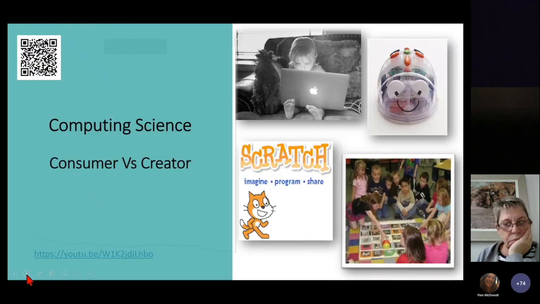So also another area that I've been speaking an awful lot about is computing science. I absolutely adore computing science, particularly at early level. And again, it's an area where many of you might say, I have absolutely no idea what you mean about computing science. I've never, ever used computing science with my learners. And I bet you all have. You have all absolutely 100%, I can guarantee you now, been involved in computing science in one element or another.